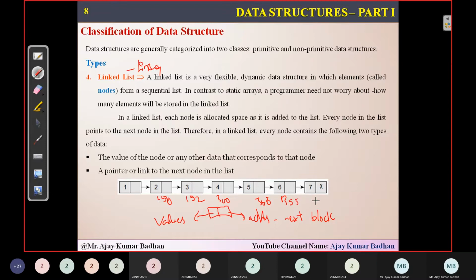So here the first block will consist of the value 1. Now immediately after value 1, you want to insert a value that is called 2. So immediately what happened? You will be allocating a new space, and the new space is allocated by the system. So whatever the address is there, that address will be placed here, 150, the second block. So it is linking, and this address is what we call a pointer. This is a pointer which is pointing to the next block, whichever is available freely. And within that, we are storing the element.